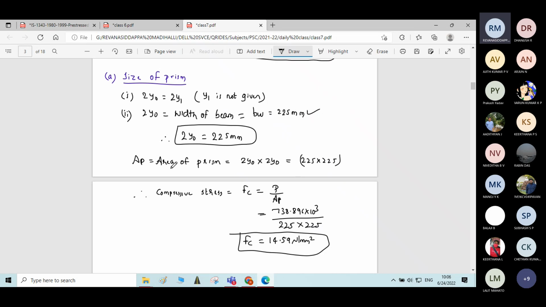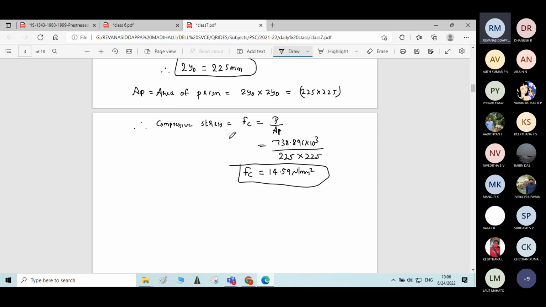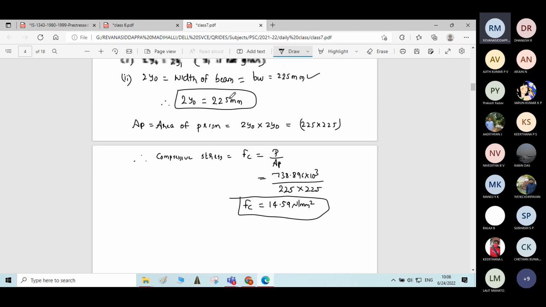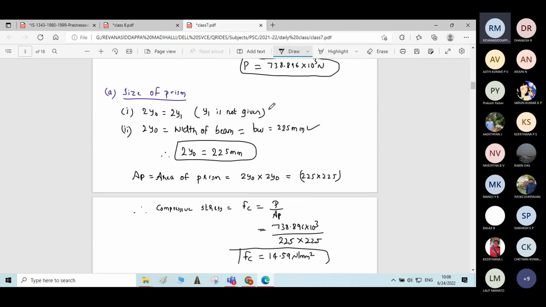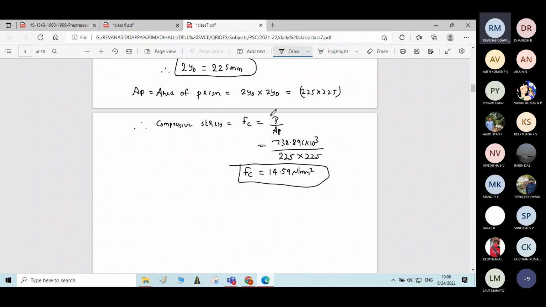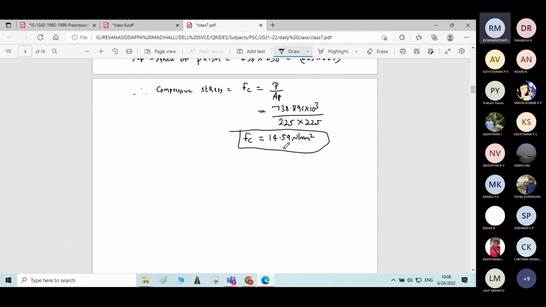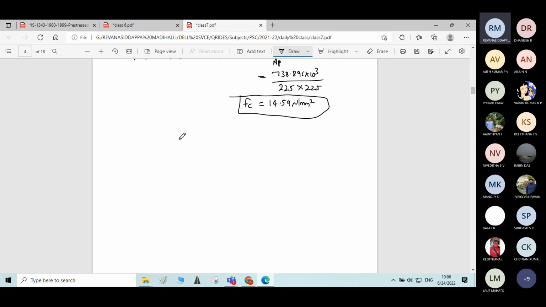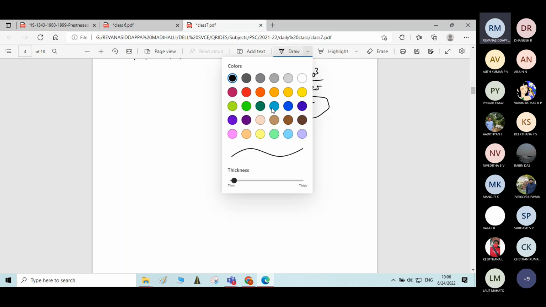So in this first step, we have calculated the size of the prism, and by knowing the size of the prism, we have calculated the area of prism AP. Knowing the area of prism and pre-stressing force, we can calculate the compressive stress in that prism, P by AP, which we got as 14.59 Newton per mm square. Now in the second step,